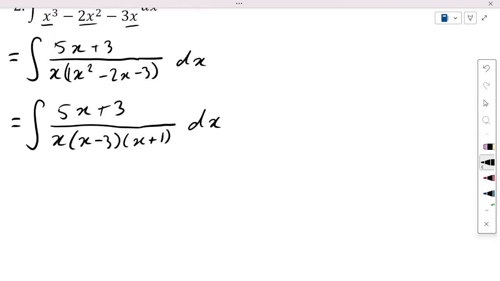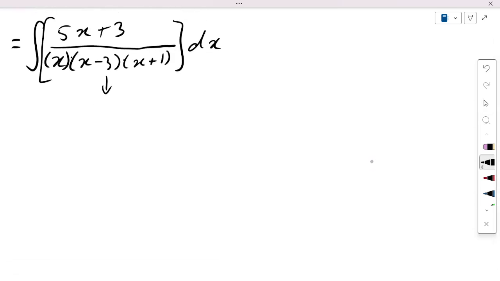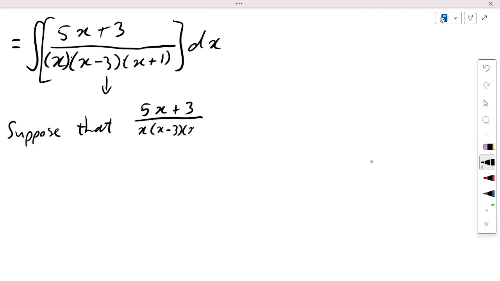So yeah, anyway, can you see what we have just done? We have 3 brackets multiplying each other in the denominator, meaning we can now break them up. Okay, we can take this fraction, which is being integrated, outside of the integral. So therefore what we're going to do is we are going to suppose that 5x plus 3 over x into x minus 3 into x plus 1, I'm going to keep the bracket here,